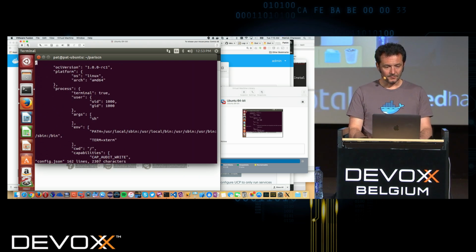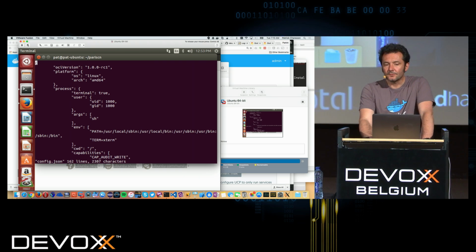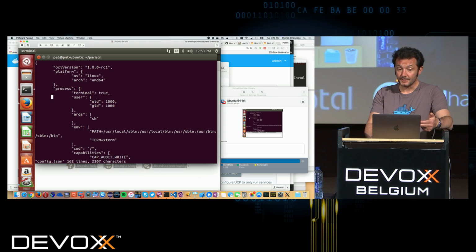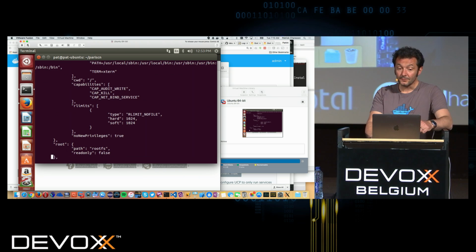And then if I go to config.json, here you take a look at what OCI looks like. Here I specify the version of OCI that I'm running, the platform on which I'm running, some things about the process that's going to run, like here it is going to have a terminal. I can specify the UID and GID of the user that's going to run inside, the arguments, the environment variable, and all the capabilities.